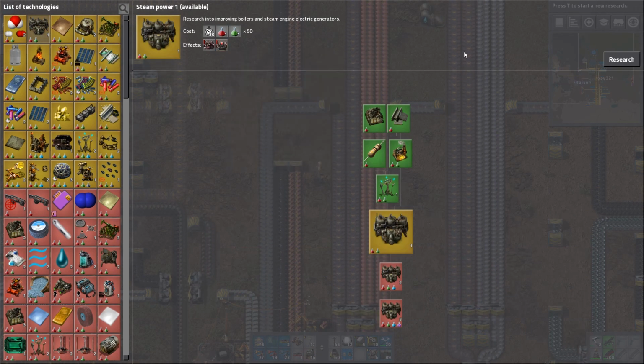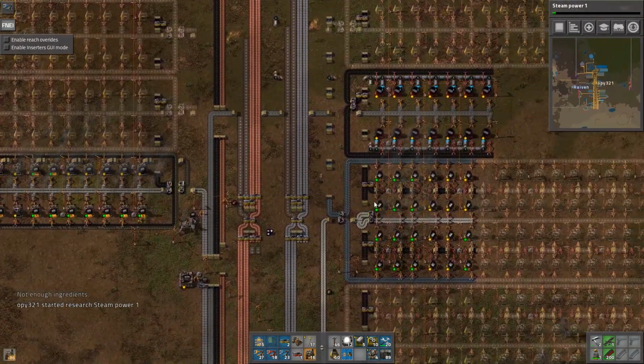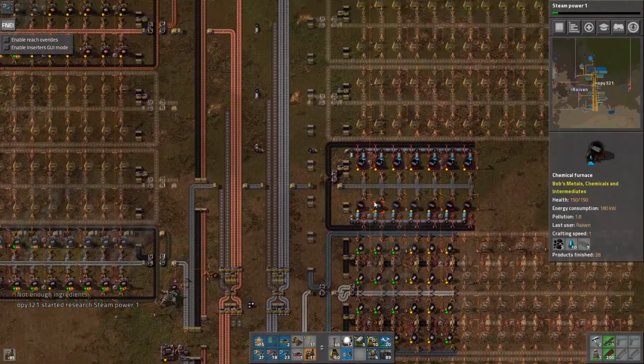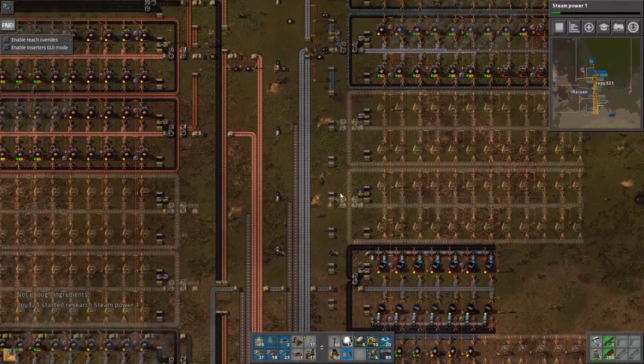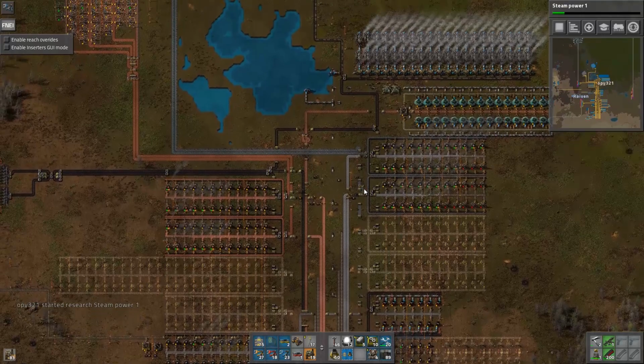Steam power 1? Huh. Oh, I'll try that. It's new. Steam power? Yeah. Like better versions of steam power. I was like, please don't tell me we have to make steam-powered trains. Yeah,